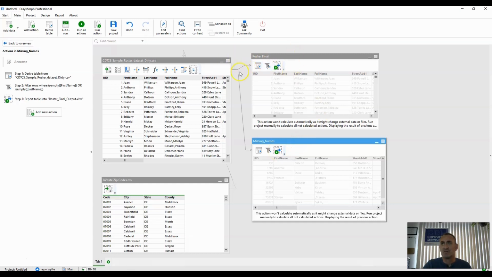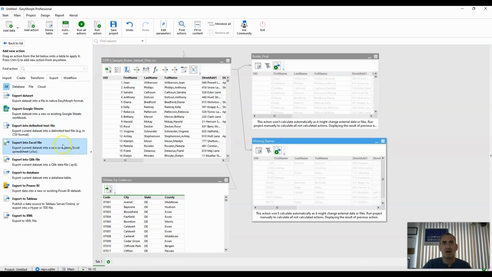Because when the workflow hits here, it's going to try to write to the Excel file here and here at the same time. Since this is creating or overwriting and opening to create a tab, missing names isn't going to find a file or find a file open and available to write to. So this is going to bomb. So what we want to do is tweak the timing of this export action. And we're going to do that